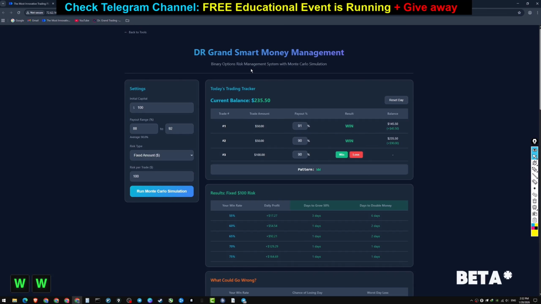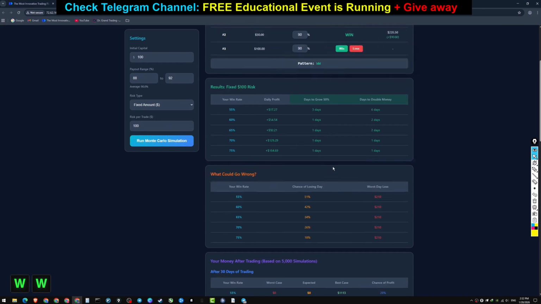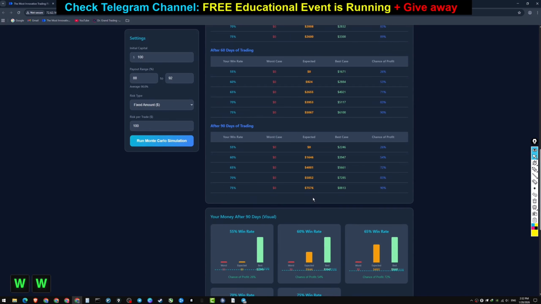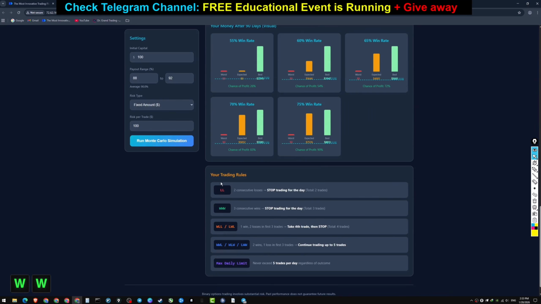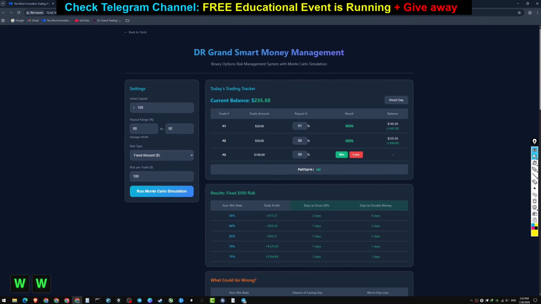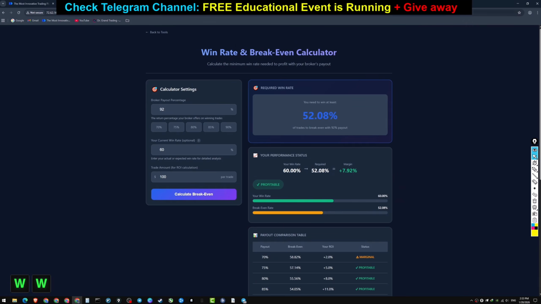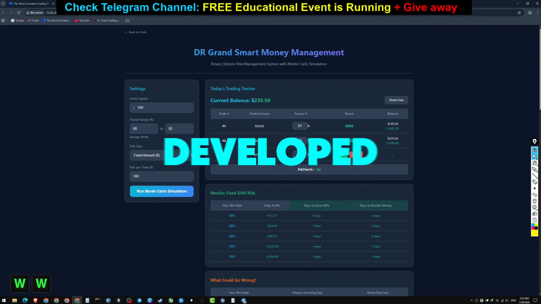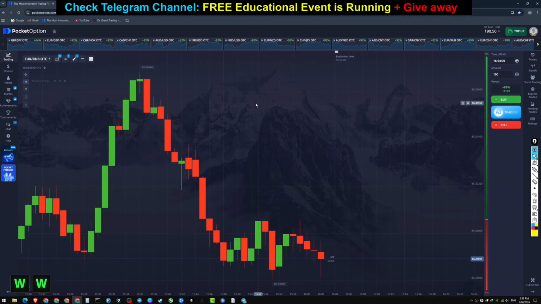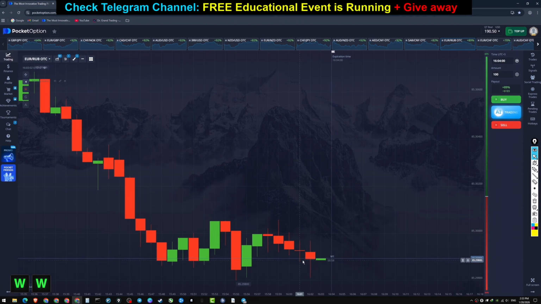Besides this, money management, a lot of features will be added to this. This is incomplete and it will be able to give us a lot of details. And this one also might need some upgrade. We have other calculating tools for traders here. They are being developed right now. It's not ready, that's why I cannot really publish it or make an announcement about it, but it will be ready.